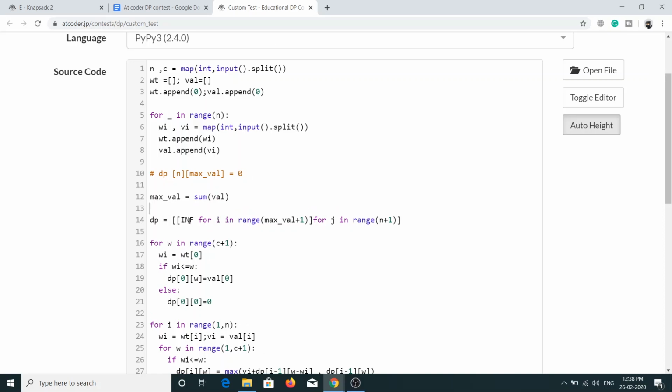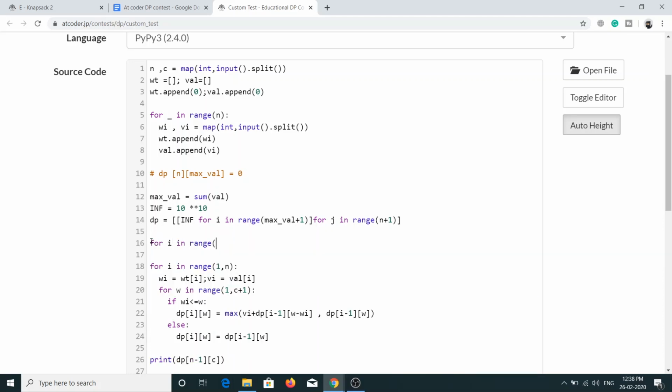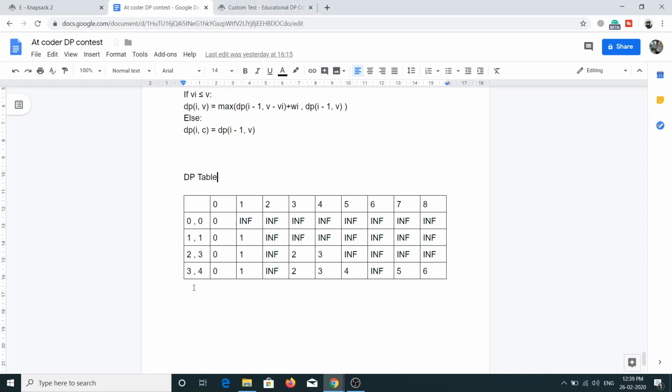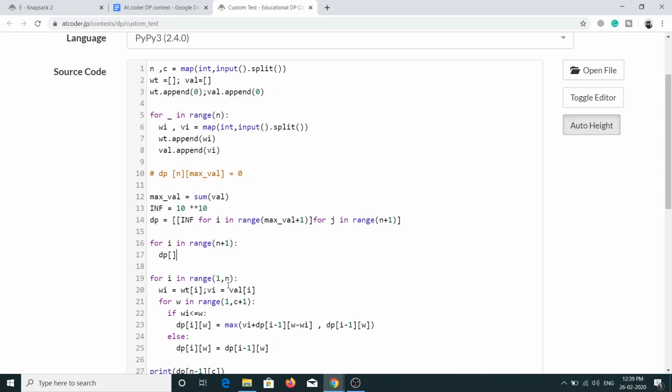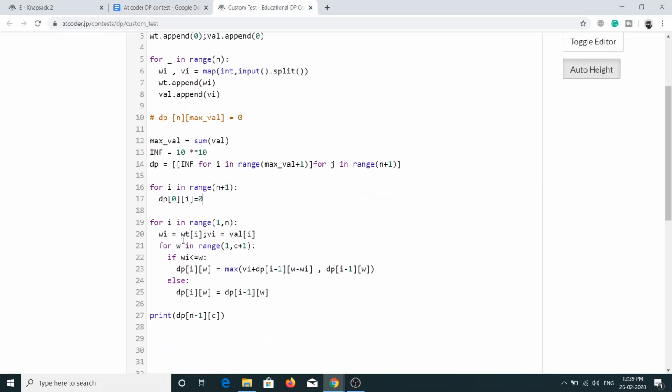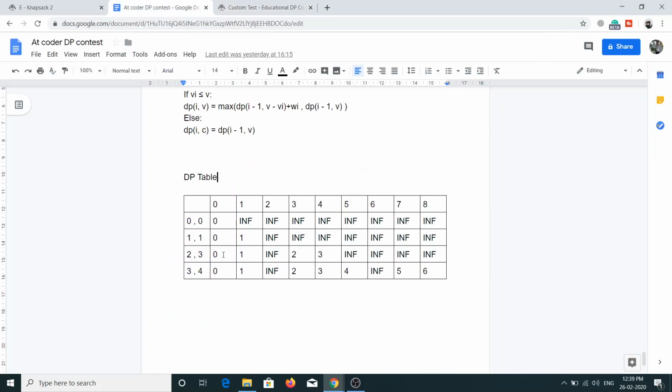So before that we have to make everything as infinity, and let me put the infinity value as something big like 10 to power 10, and we are filling everything as infinity, and we'll change this loop for I in. So we have to fill all these values till n, and this will be column 0 and this will be I, initialized as 0, and these all will already be filled with infinity as I have filled it here. Now this is the same. Now we are not dealing with capacity, we are dealing with max value. So this will be max value plus 1, and I am starting from 1 because I have already filled these values. I am starting from here,